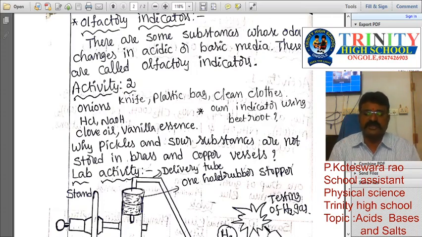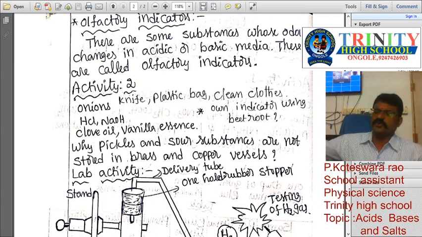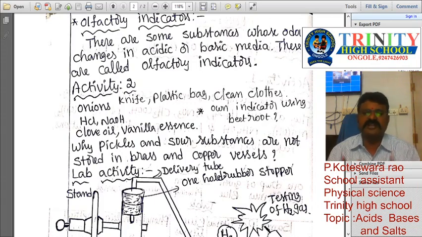If you observe the smell, it is quite different. Then they are placed on the table, one on one side and another on the other side. Take dilute HCl and NaOH. We add 1 or 2 drops of HCl on one cloth strip and NaOH drops on the second cloth strip. Then these 2 cloth strips are rinsed in water. Then we can observe the smell. The smell is quite different.